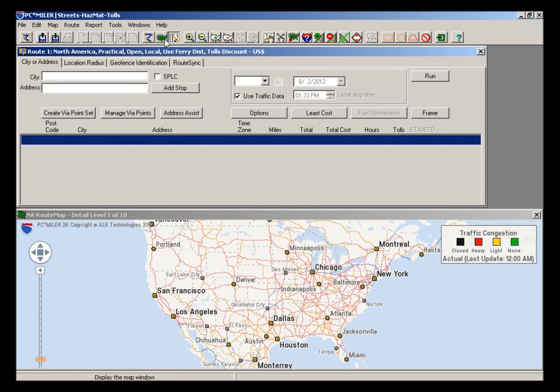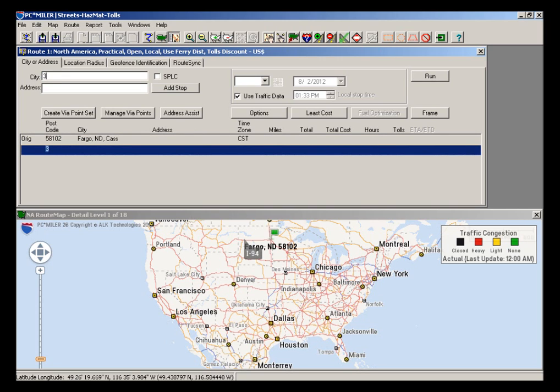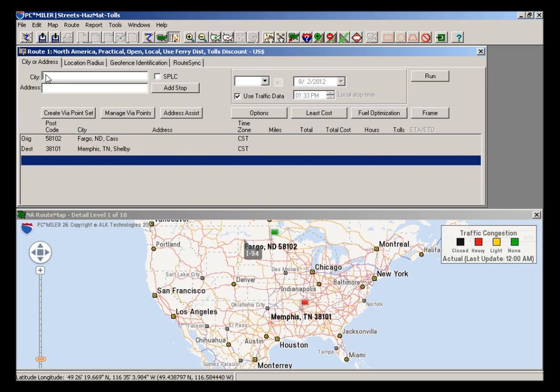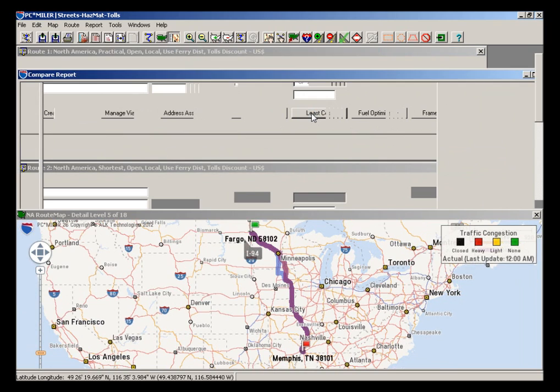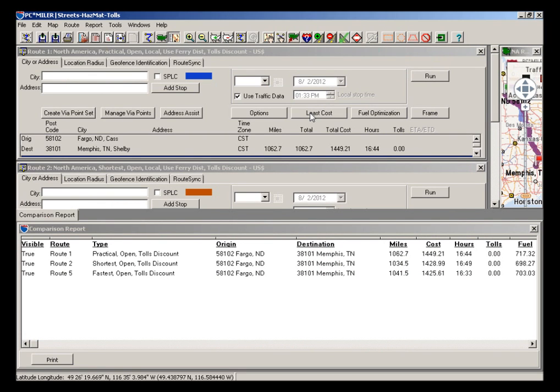and I'm going to go into Split Screen View by clicking that icon right there. And by using the split screen feature, I can now view my route entry window and then any reports and the map all at the same time. So we're going to go ahead and enter a route here. So I just ran a route from Fargo, North Dakota,